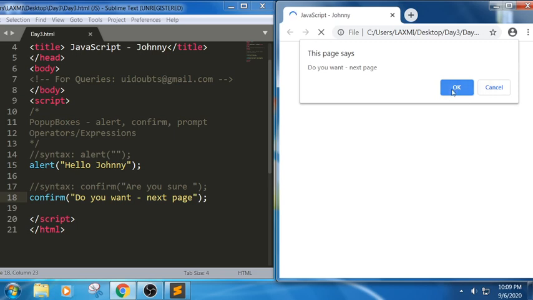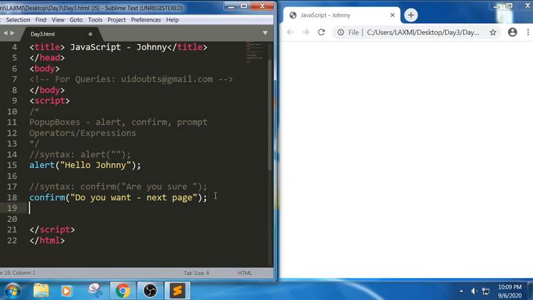When I click on OK, it will go to one page, and based on Cancel, it will go to the other page. Here it can be used when we want to confirm whether you want to navigate to this page. For example, are you 18? If yes, then you will go into the page. If no, then it will come out of the landing page.